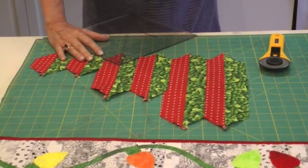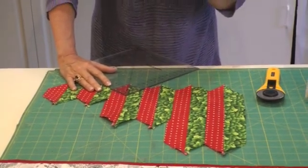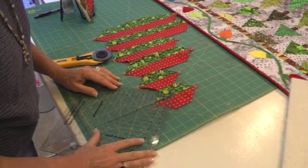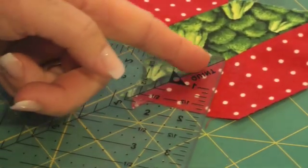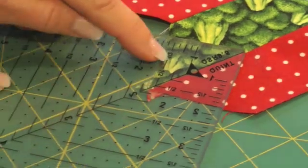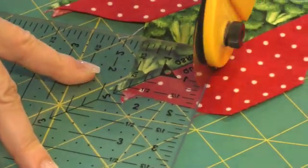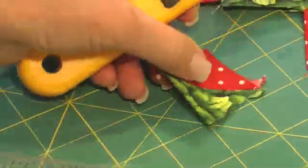1.5 inch squares. So John, why don't you come over my shoulder so everyone can see how I do this. Using this ruler, you're going to cut out now 1.5 inch squares. So what I do is I take the center line and put it on the sewn seam, and you can see it's a little bit more here than 1.5 because I want to trim, and I'm going to cut, cut, then I'm going to turn this around,